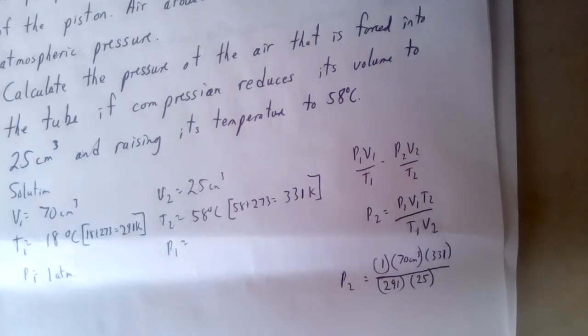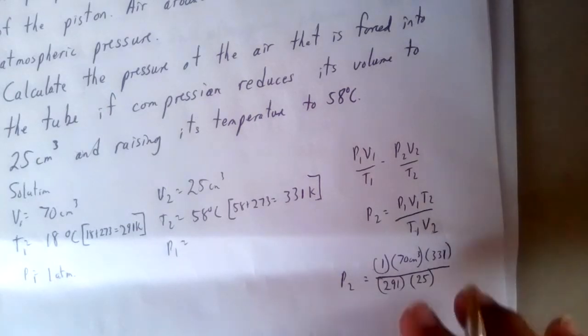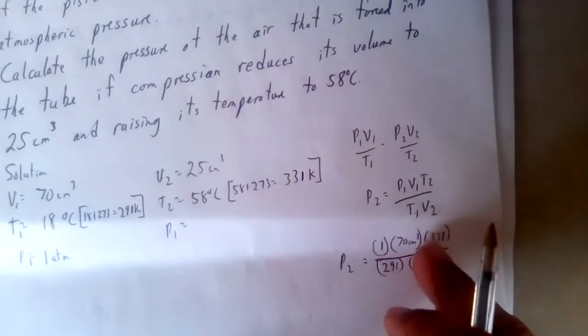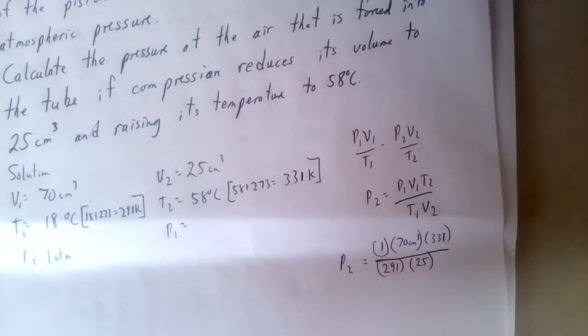Okay, so since we have reached that point now, they just simply have to evaluate. I'm not expecting you to multiply the top piece only by itself and then divide by the bottom piece. So you're going to say with your calculator, 1 times 70 times